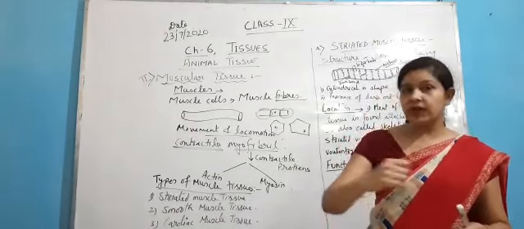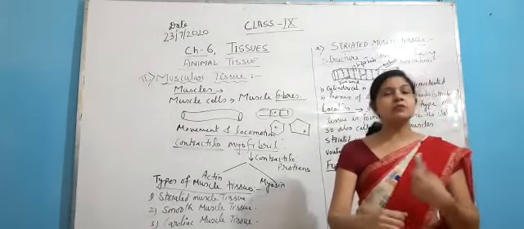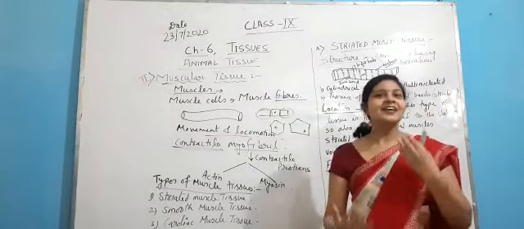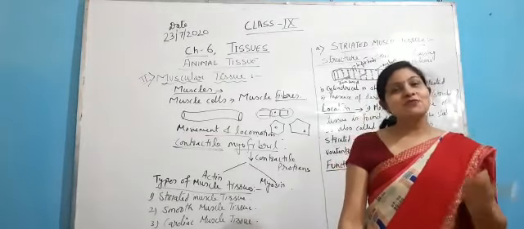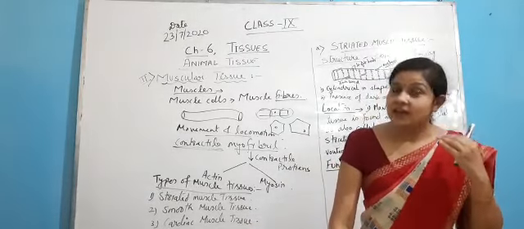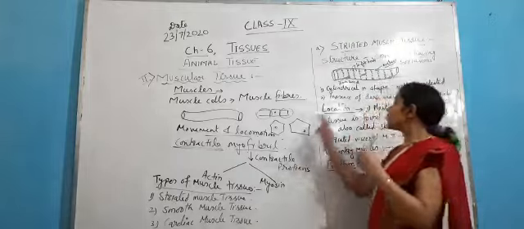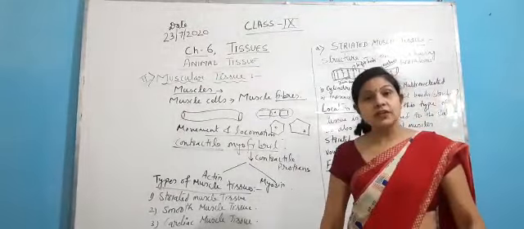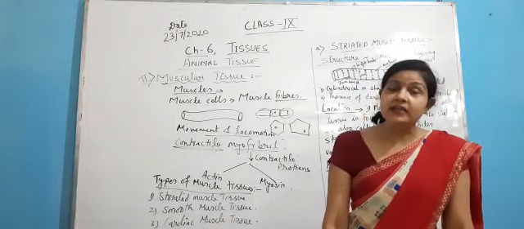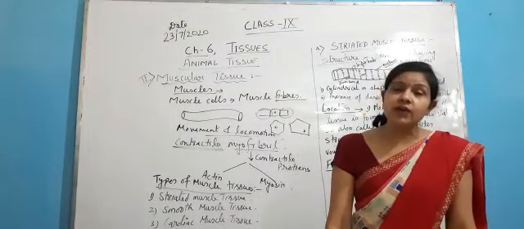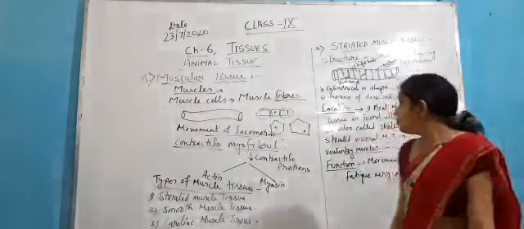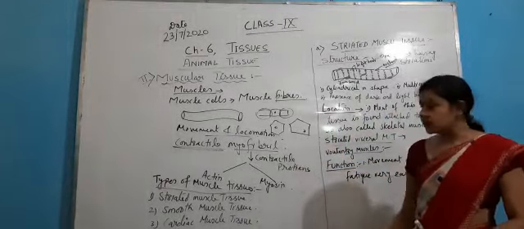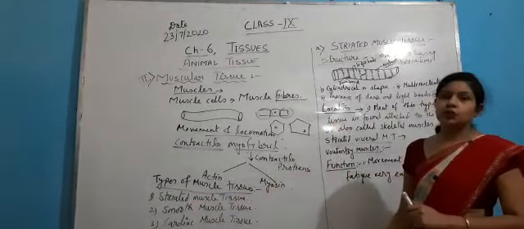That is why whenever we are writing very fast, running, walking, doing some work with our hands, or sometimes when we are talking a lot, we feel tired. Why? Because at these places the striated muscle tissue is present, which contracts and relaxes very, very fast, and that is why they get fatigued very easily. Okay, so that is all about the first type of muscular tissue, that is striated muscle tissue.